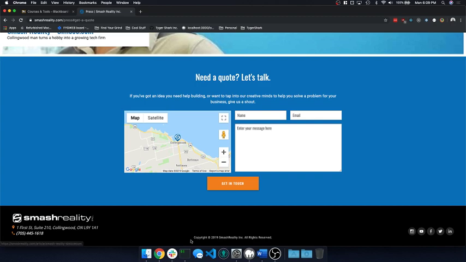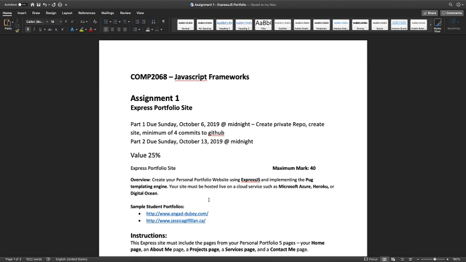So again, not expecting you to go full out on this. Sounds bad to say, but not full out in the fact that I'm not expecting you to work full time to get this assignment done. Really what the goal of this is that you are able to create a portfolio that, again, you can give to a potential co-op or a